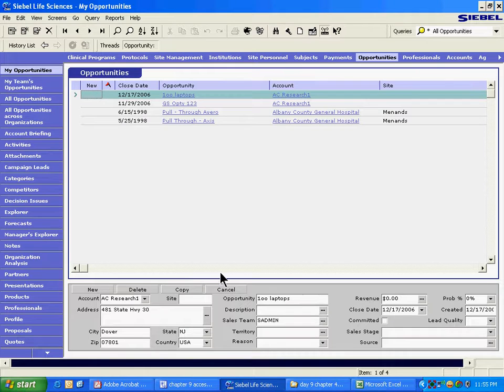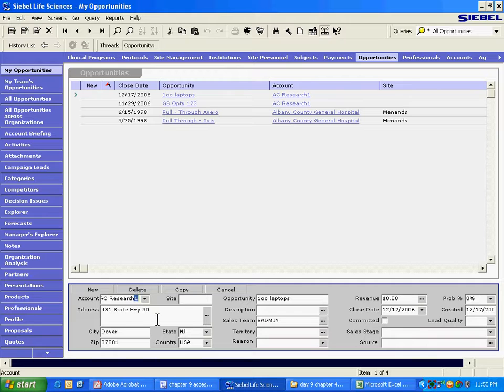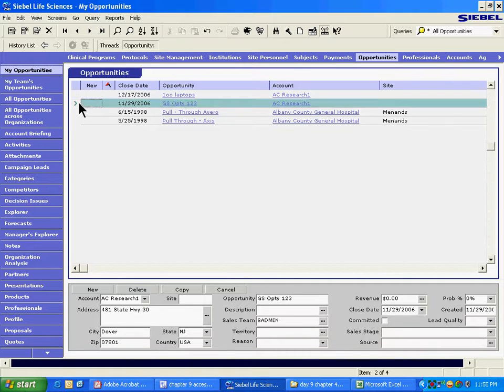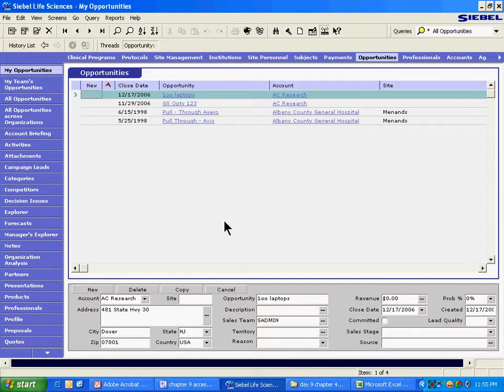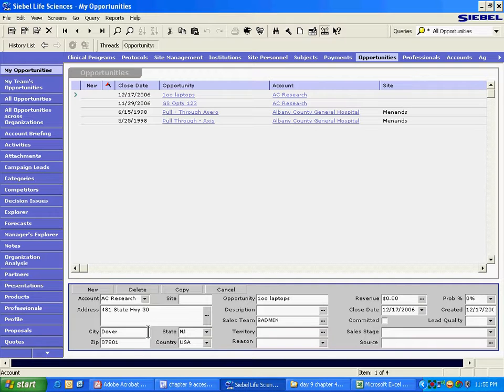For example, when you are in an opportunity and you change the name of the account, let's say you remove this one, then you go back and change the name of this account, then you save it, then you go back to the opportunity, you will see that the new name starts showing automatically. As I said, the association is not made with the name. Association is made by some other mechanism, so the association remains there even if the name is changed, and the new name starts showing automatically.